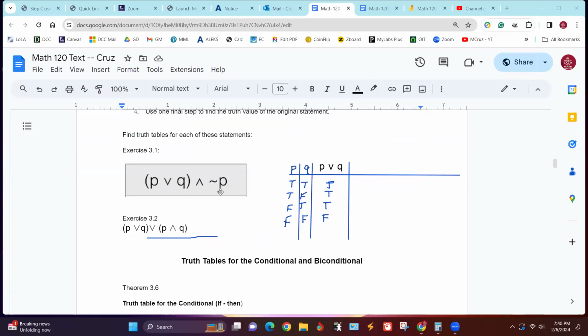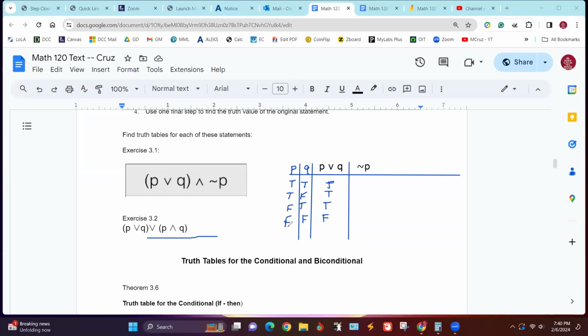Then we've got to have not P. See, we know what P is, but we don't know what not P is until we go over here and we take the opposite of every one of these P's.